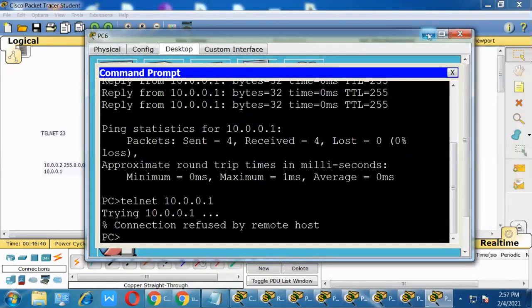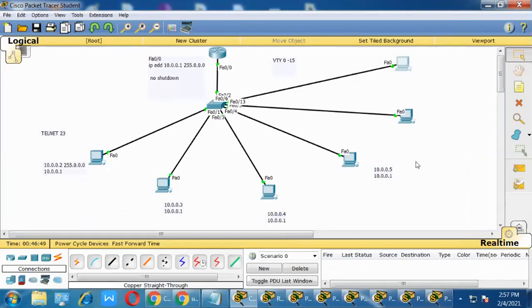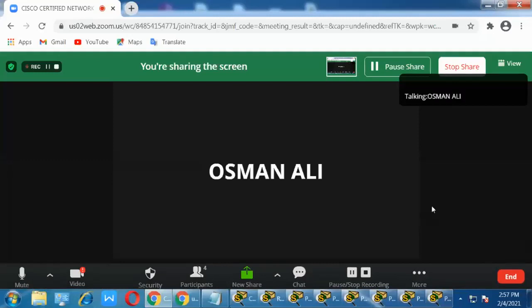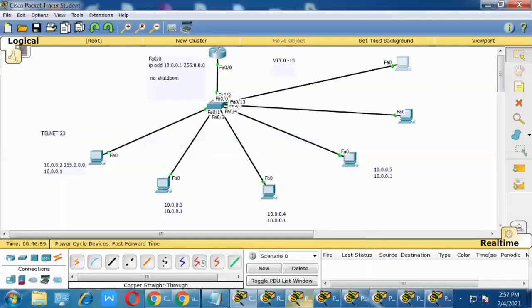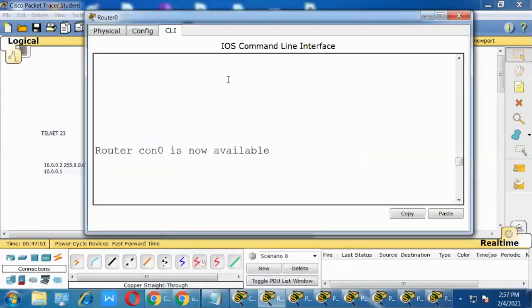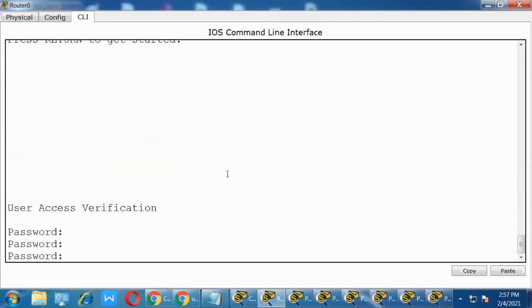Mr. Usman, yes, sir. Why do I get this error? Sir, because in VTY we have assigned 4 users. Yes, because here it is not just for you, it is 5 users. Okay, 5 users.